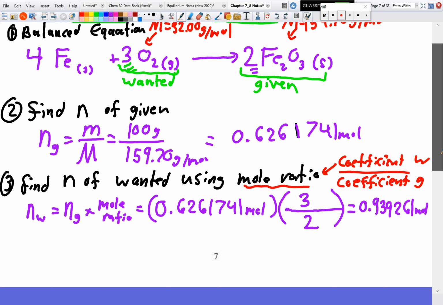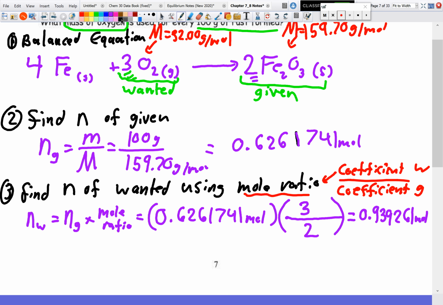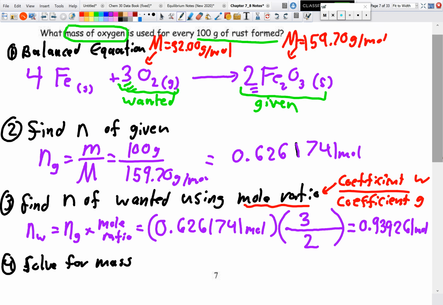And finally, last but not least, it's our step 4. Solve for mass. Because that's what the question's asking. It said what mass of oxygen is used. So we know mass is equal to number of moles times molar mass. So we use our number of moles that we just calculated in equation 3 there, because that is our wanted